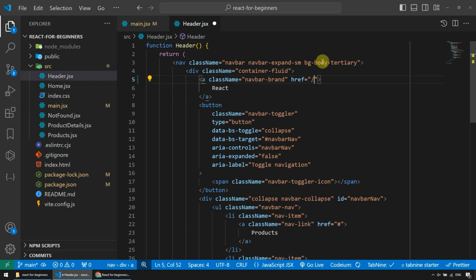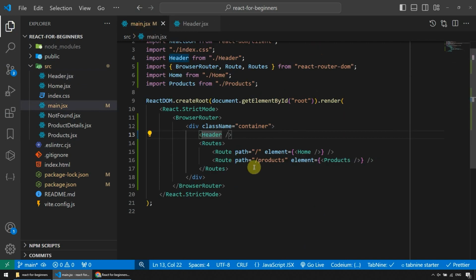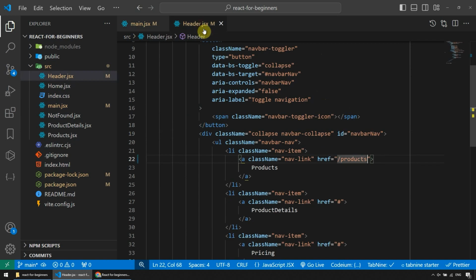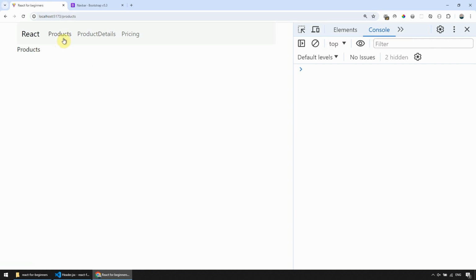Let me change this href to point to home, and products to point to /products, and here we have /products. Okay, and these ones are fine for now. So here now if I click products, I do go to products, if I click React, so home basically, I go home. This is good, but the problem is, notice here that the page refreshes, okay, and we don't want the page